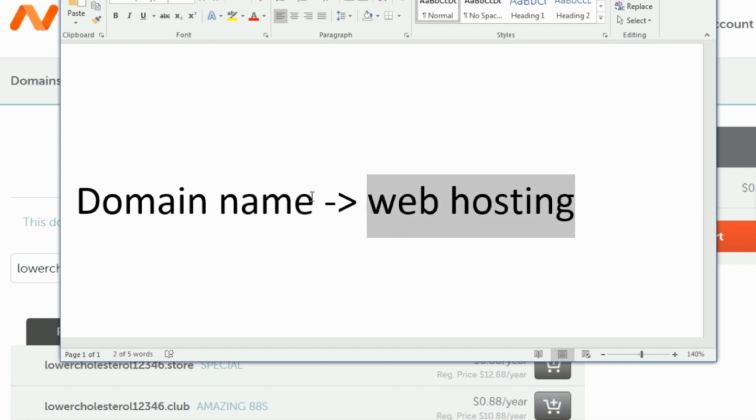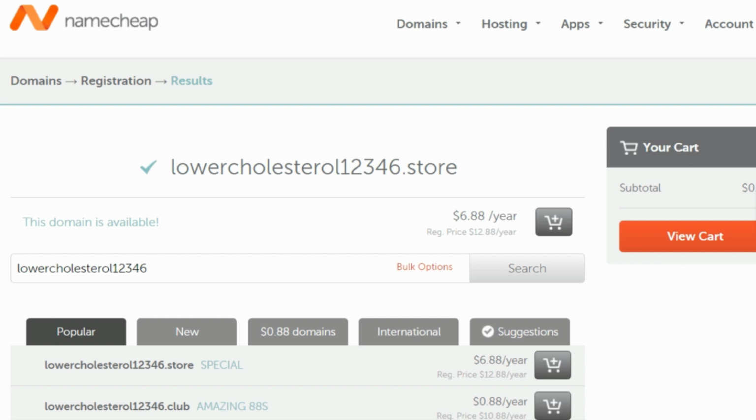So what you need to do now is find a web hosting company that specializes in WordPress, because you're going to be using WordPress. Just keep in mind that WordPress is a very intensive type of software. As you grow your WordPress site, it utilizes a lot of RAM and a lot of server processing speed as it grows. So that's just something to keep in mind. I recommend that you either go to Google and type in top WordPress hosting companies and go from there, or you can specifically use the ones that I'm about to talk to you about.